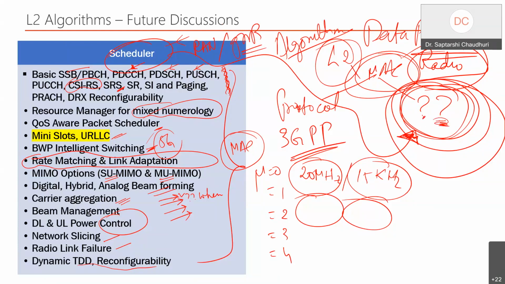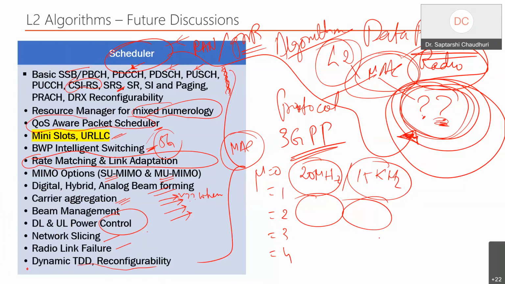So there is nothing called the scheduler per se in the device, but they have done some bit of something. I'll talk a little bit about the MAC control layer in the device aspect. But the base station is the entity that normally governs the first layer 2 protocol, what we call the scheduling algorithm. Scheduling, when we started, doesn't mean only scheduling a packet. That is the first aspect of it, but you can see the bullet points, and more bullets are getting added as more features are added with the releases of 5G.